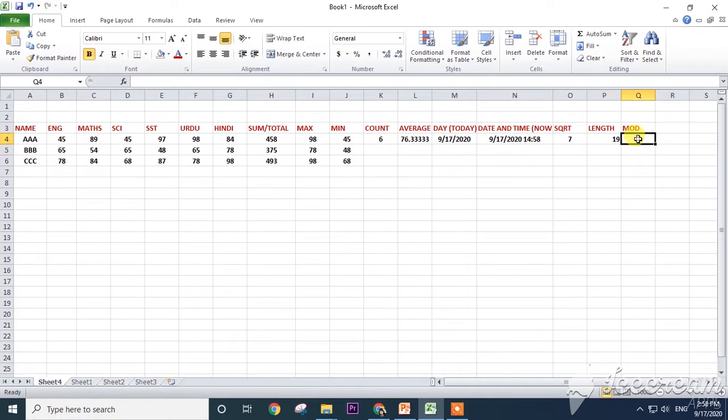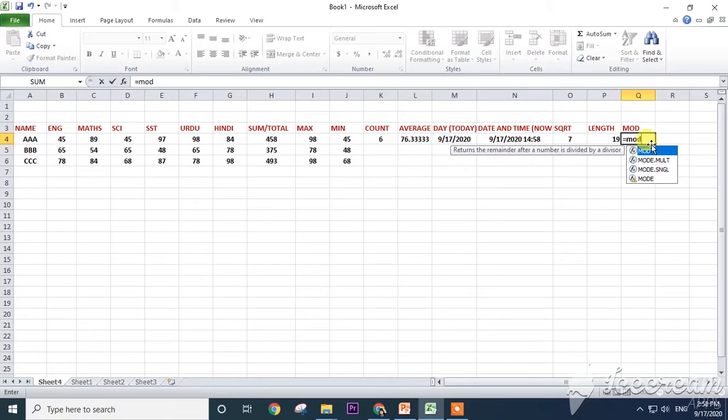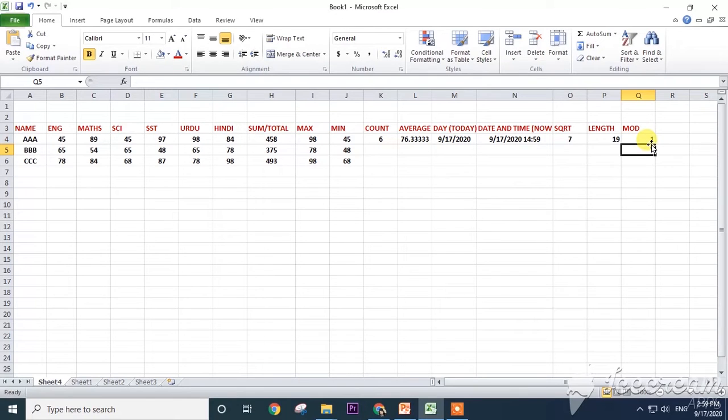See, total 19 are there. And the MOD function I also told: equal to MOD of number. I am giving 10, comma, if you do the division, the divisor is 3, close the bracket, and the remainder will be 1. See here, in this way we can do the length functions, all the functions, very easily.